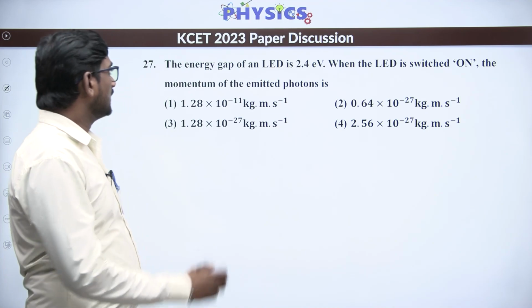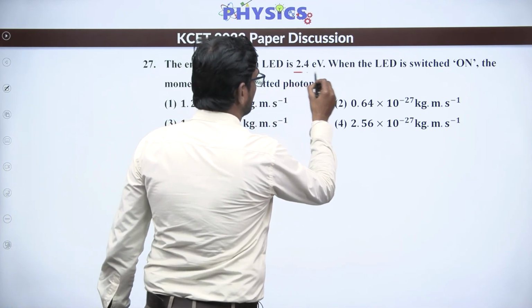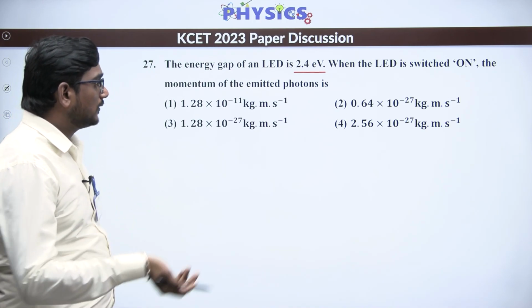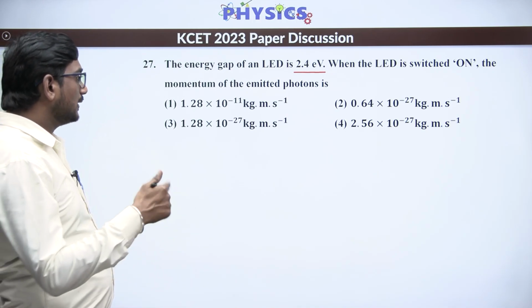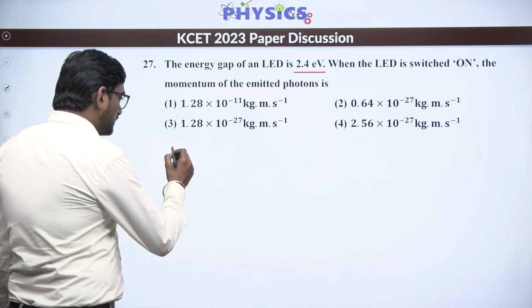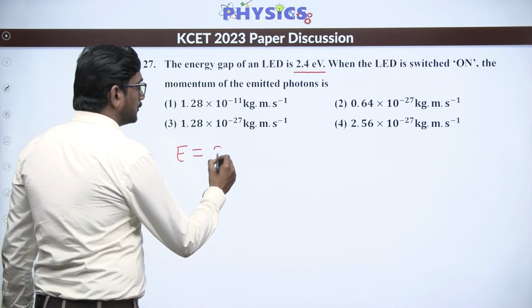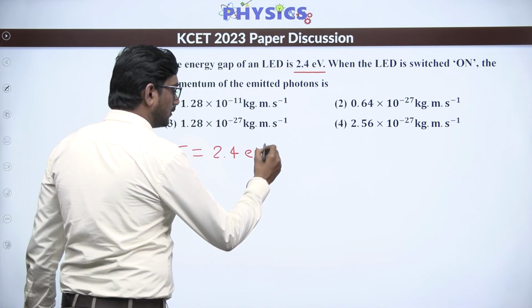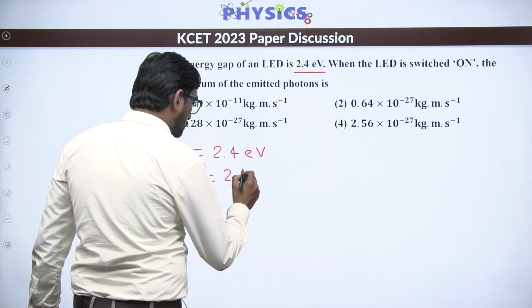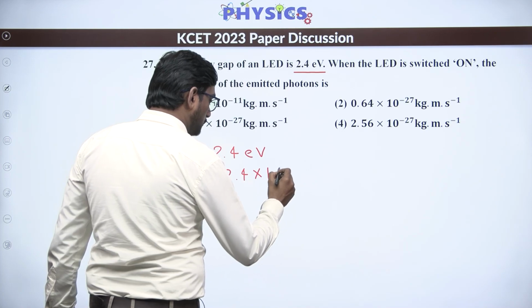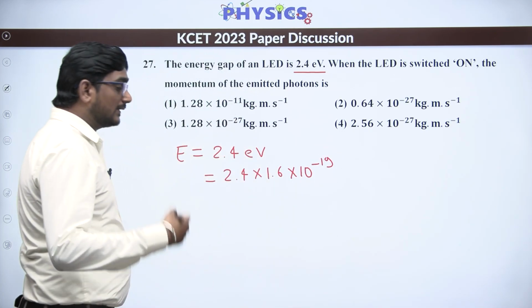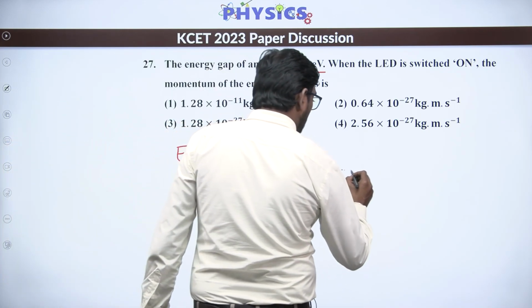The next question is, the energy gap in an LED is given as 2.4 electron volt. You have to find out the momentum of the emitted photons. So how will we find the momentum of the emitted photons? Energy is how much given here? 2.4 electron volt. If we convert into joules, it can be written as 2.4 into 1.6 into 10 to the power minus 19. Now, this energy we can equate to hc by lambda,